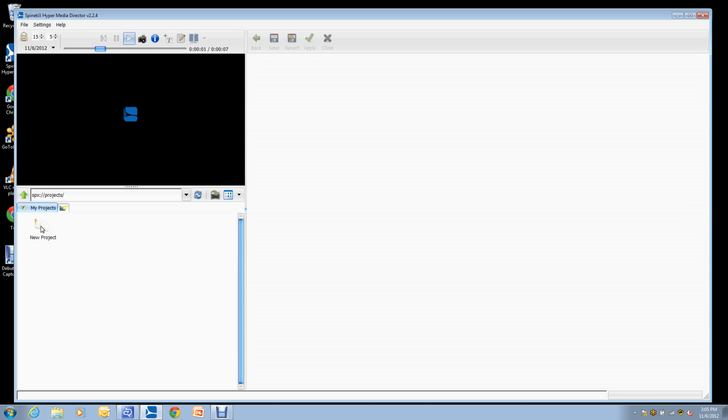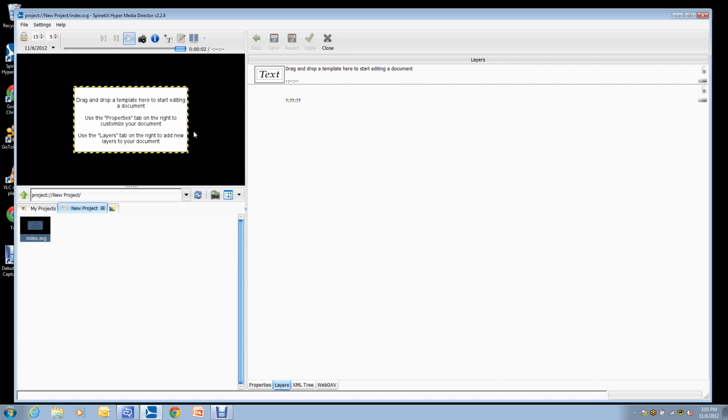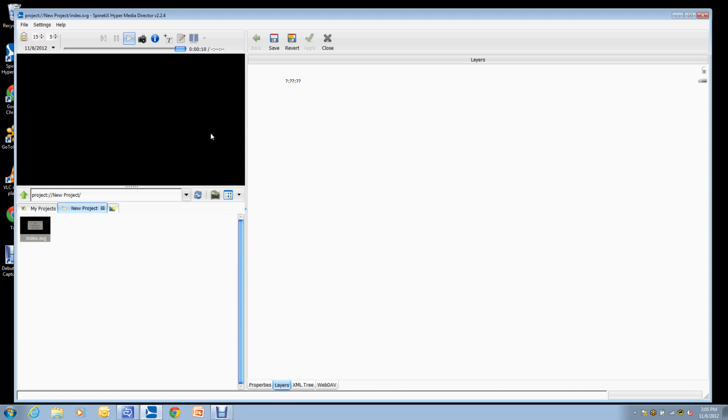And now we have this project entitled New Project, so I'm going to double-click it. And now you should see this index.svg. This is our master file. This is where all of our layers, media, and SVGs are going to go inside of. You never want to delete this file. So I'm going to double-click on it. And as you can see, it comes with this text layer. Now the layers will appear over on the right side here. So I'm actually going to delete this layer, hit the save button, and now I'm going to click this new